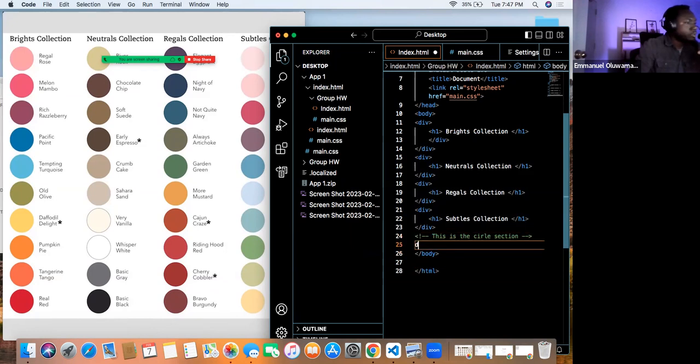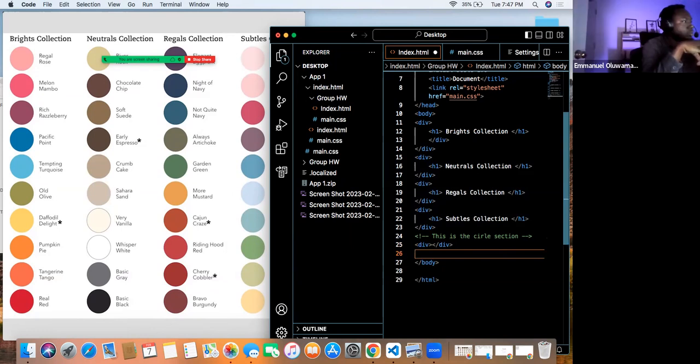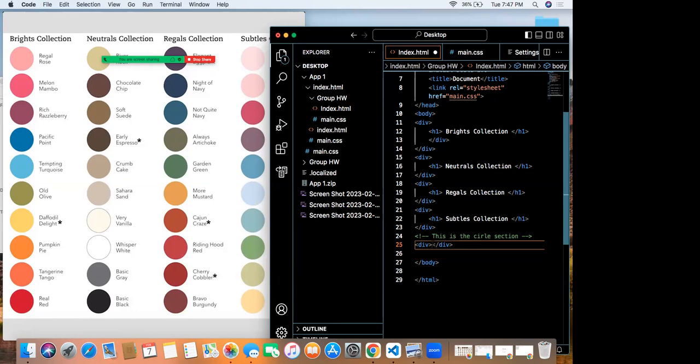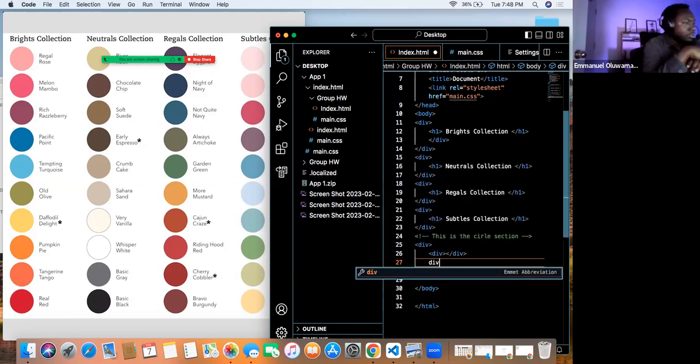So this is the container of all the colored circles. Then inside this div, we're going to put four more divs, four other containers like this.